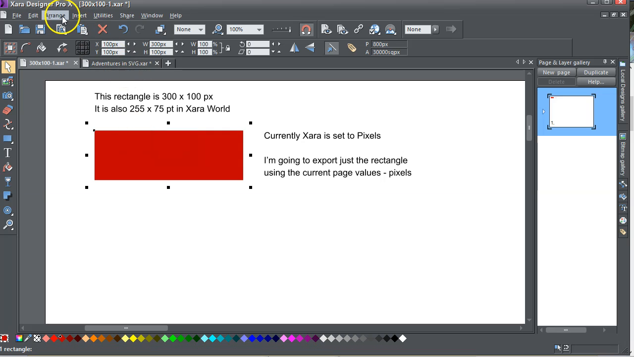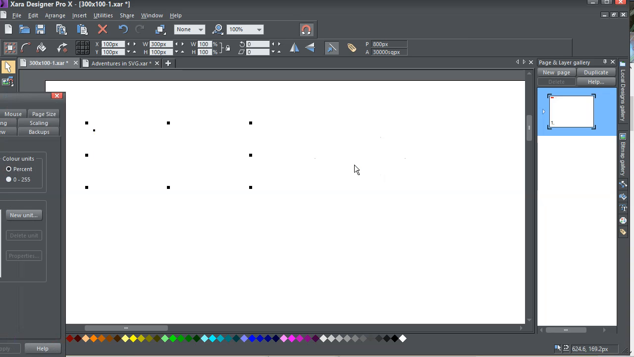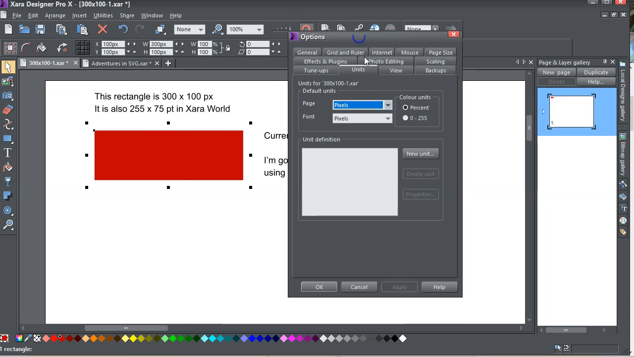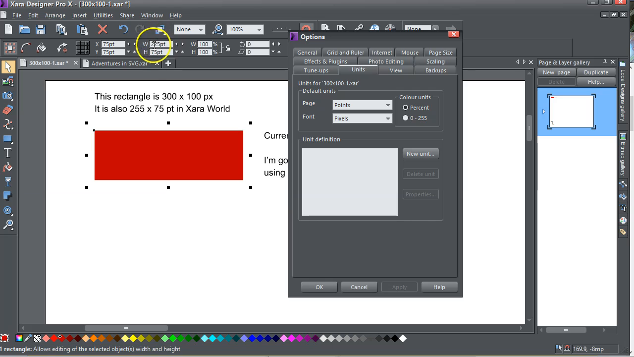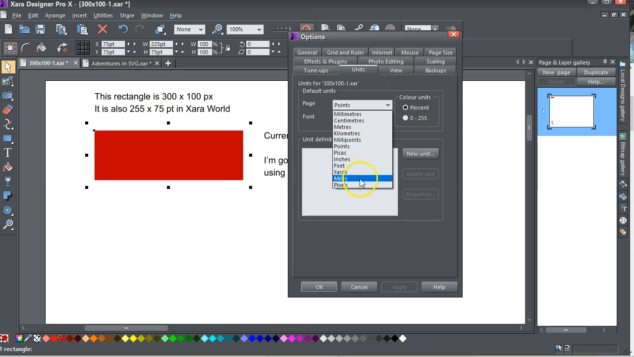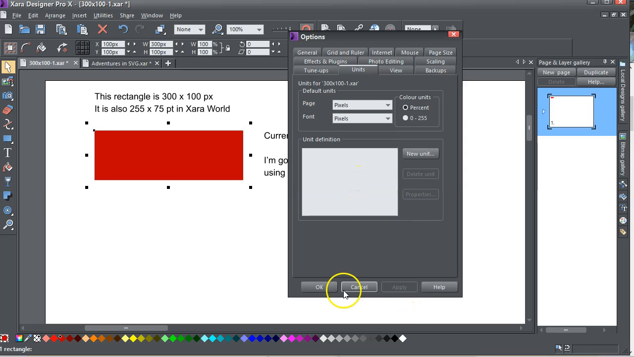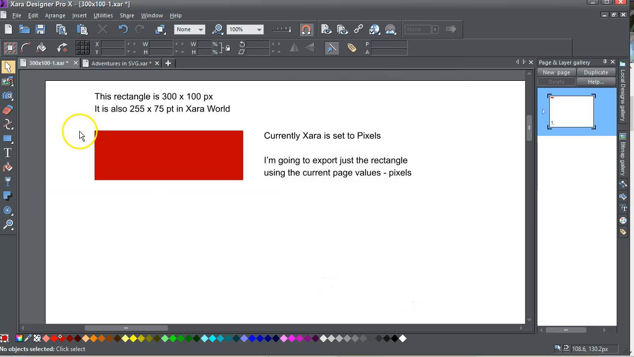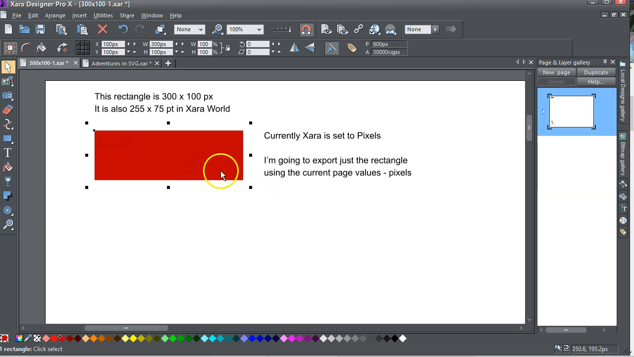If I go to utilities, options, usual delay loading the options page, I'll bring this up here. If I go to points, apply, you can now see that's 255 for 75. I'll leave it for pixels for the time being. Apply. OK. So I'm just going to drag select over that, just so I'm selecting that one rectangle,